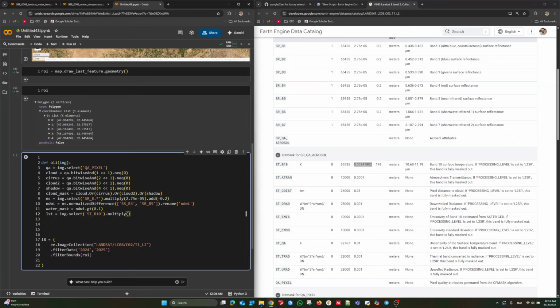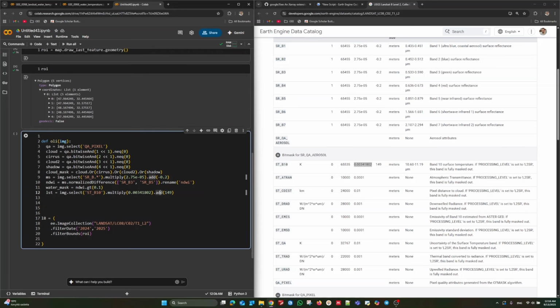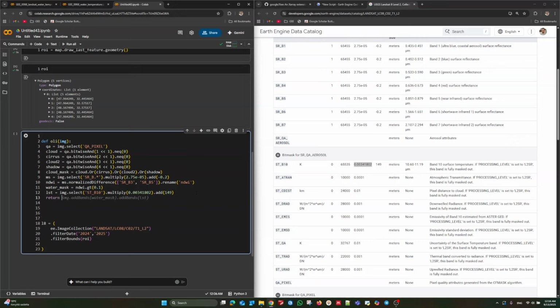That's multiply a scale, then add the offset, 149, just like this. The LSD is also calculated here. So we have LSD, water mask, and cloud mask. At the end of the function, we want to have the temperature